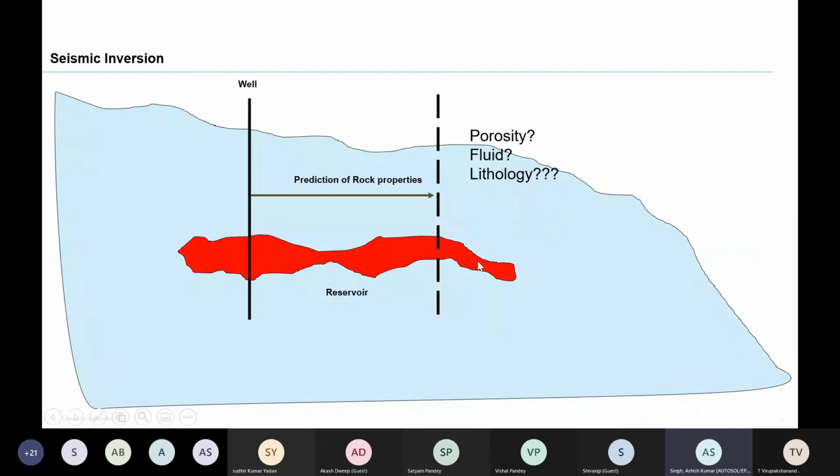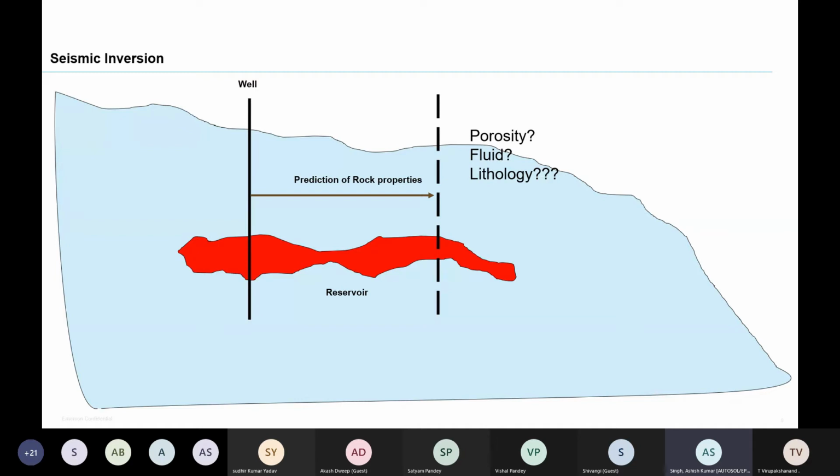So let's understand it with another slide. Friends, this is our reservoir, a gas sand reservoir. Suppose I have drilled one well and we got hydrocarbon, and here we know the porosity of the reservoir, the permeability, the sand nature, everything. But suppose we want to drill a well 3 kilometers away from this well. Where will we drill? What parameters do we need to know?